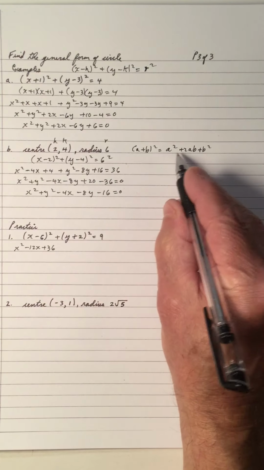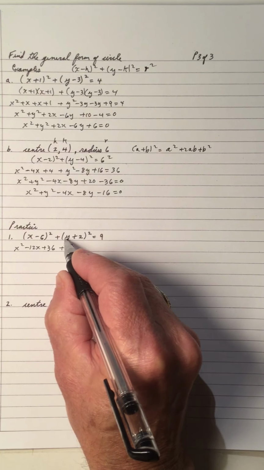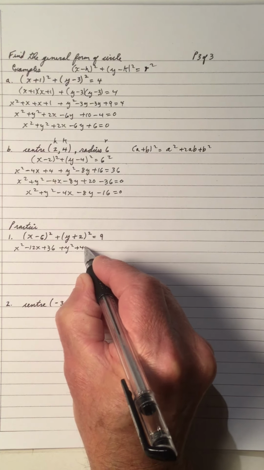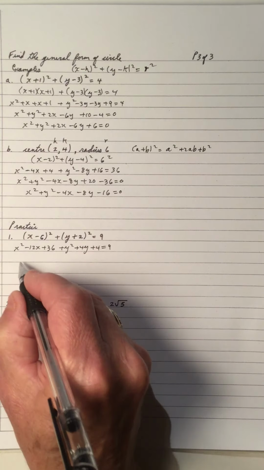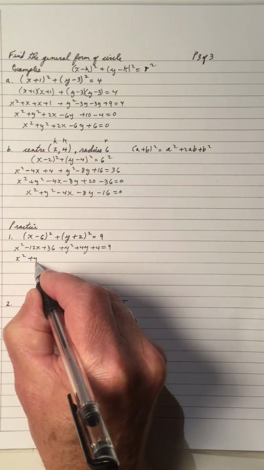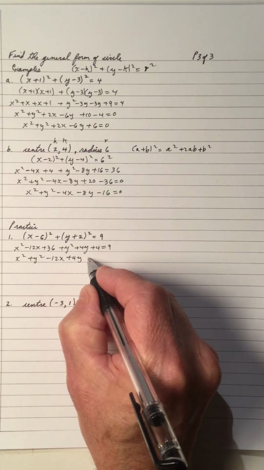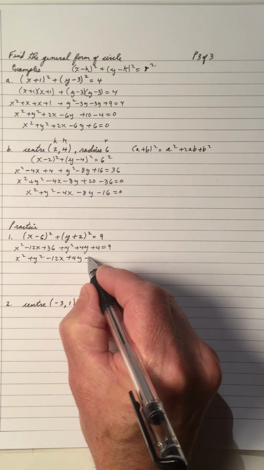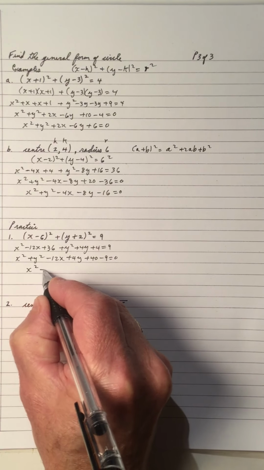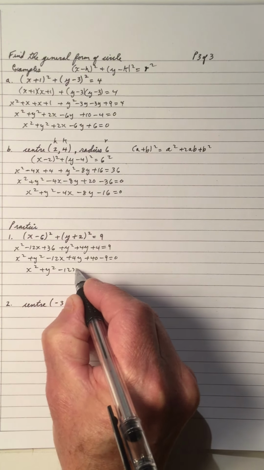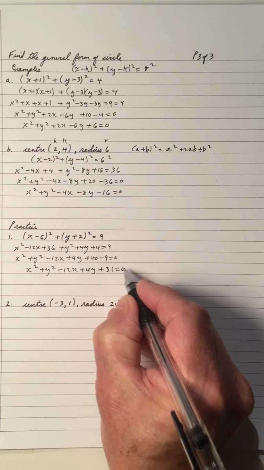Again, square this binomial by this pattern. It's an a squared, so it's a y squared. 2 times y is 2y, doubled is 4y positive. And 2 squared is 4, equals 9. And the x squared goes first, then the y squared, then the x, and then the y, and the constant is 36 and 4 is 40, and bring the 9 over to make it negative. And so the equation is x squared plus y squared minus 12x plus 4y plus 31 equals 0, which is